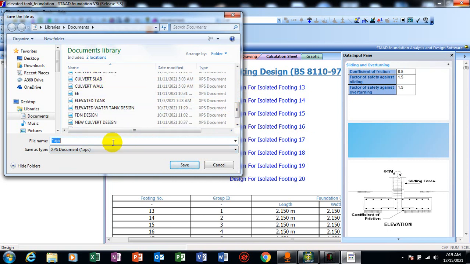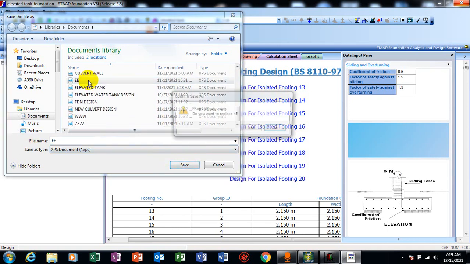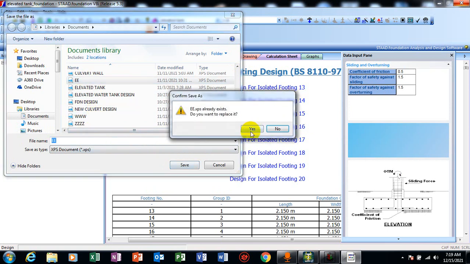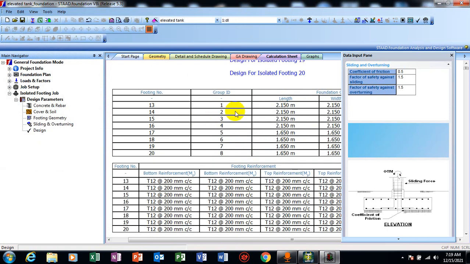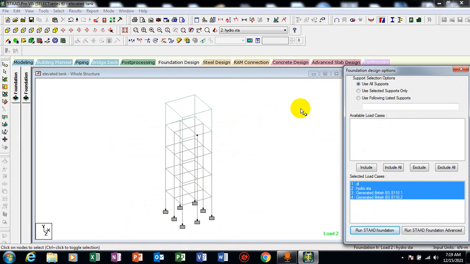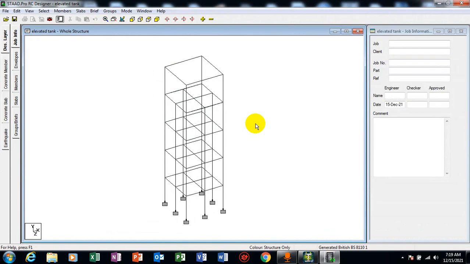All these reports that I have done using STAAD.Pro, you can view them here. I don't want to go to this. Yes, let me replace this with this, and then that file will open exactly just as it is here. So I'm going to close this. Do you want to save changes? Yes, I just want to save this. Okay, let's go to concrete design. Here we can generate our